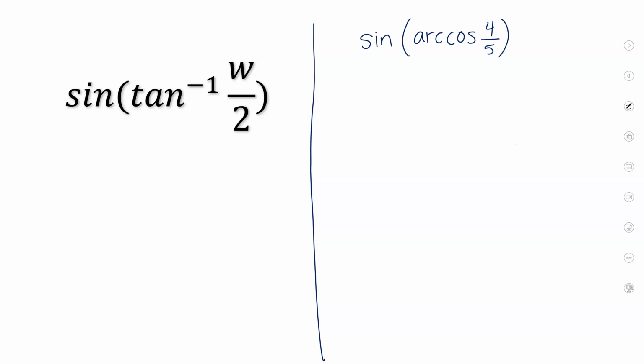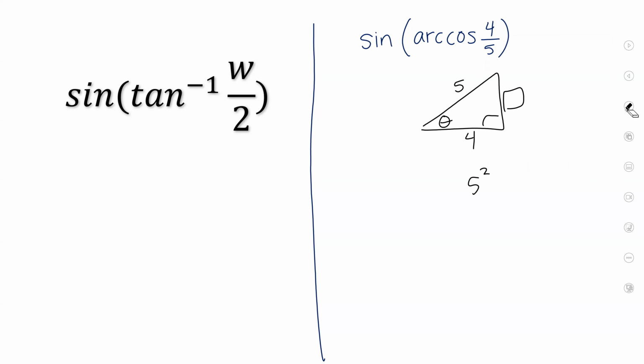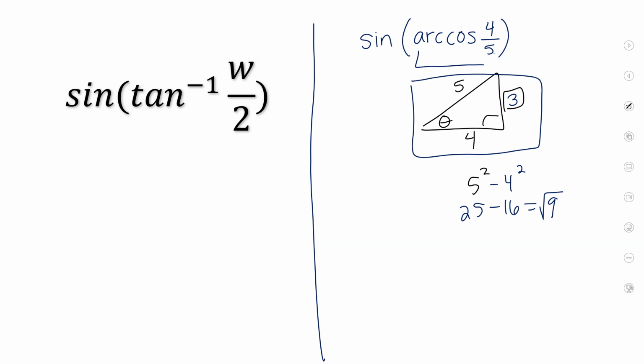All right, so for this type of problem, we're going to use a triangle. I'm going to call this theta. And I know that cosine is adjacent over the hypotenuse. So if I do Pythagorean theorem, I can figure out this missing side. So 5 squared minus 4 squared is 25 minus 16, which is 9. If I do the square root of 9, I get the missing side of 3. So the information I can take from this triangle, based off of what they gave me, is that